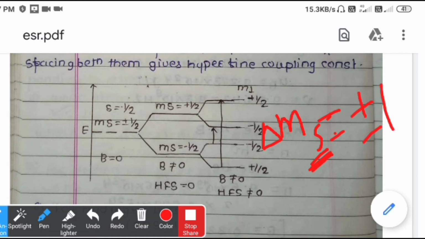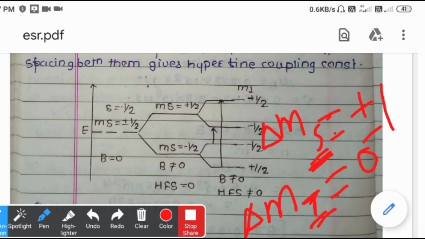This is the first selection rule, and the second selection rule is that delta mi, the change in the magnetic quantum number for the nucleus, here the proton, should be 0. So these two selection rules are there: delta ms equals plus or minus 1, and delta mi equals 0. Okay, so here in the case of hydrogen,